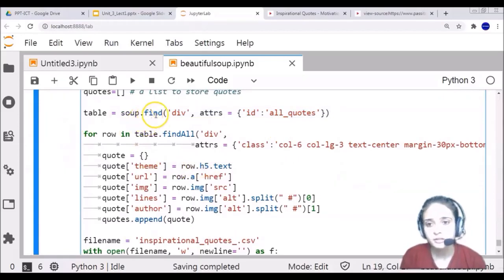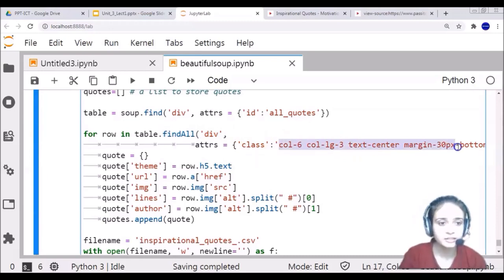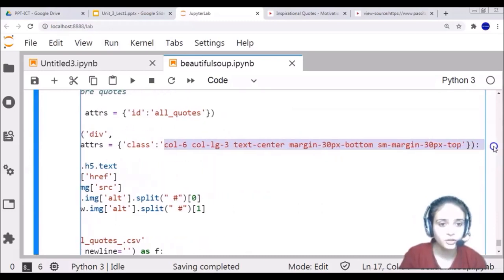Now that complete division is stored in my table object. I am writing a for loop, where row is my variable, in table I want to do find_all. The divisions that contain the attributes and whose class name is like this, col-6 and so on, so I am giving this complete line.